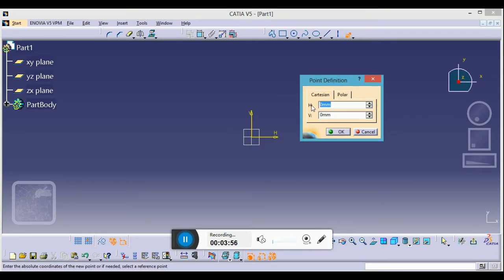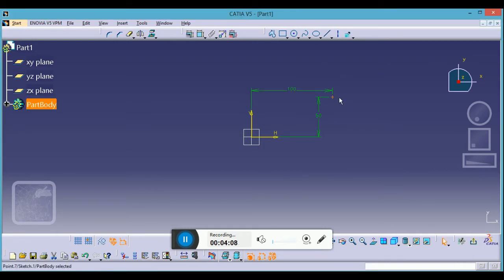I am just taking some random coordinates: horizontal 100 mm and vertical 50 mm. If you press OK, it will generate a point over here, and that is a fully constrained point. You can see the dimension and its locked point.